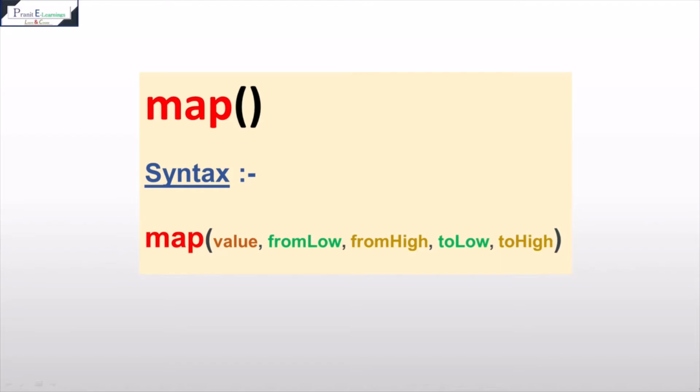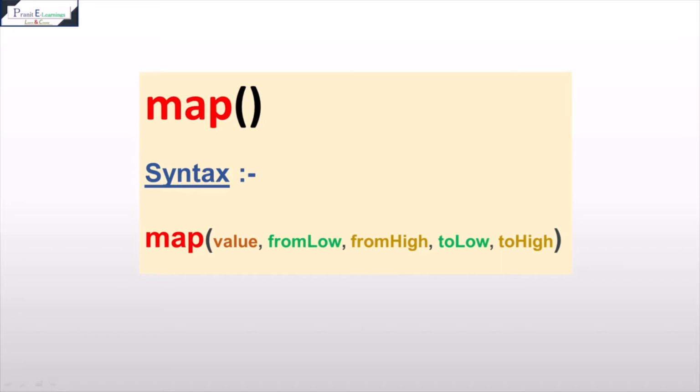Suppose you have a 50 volts DC system and you want to measure that 50 volts DC, but your Arduino cannot measure that 50 volts DC system directly. So you first have to convert the 50 volts DC into 5 volts by using a resistor network or a voltage divider network. So your Arduino will measure that 50 volts DC in terms of 5 volts DC. Okay, so this was the mapping technique, that is the 50 volts is measured in terms of 5 volts.